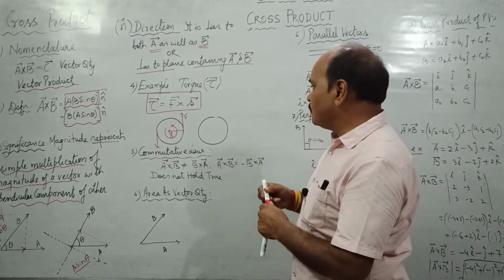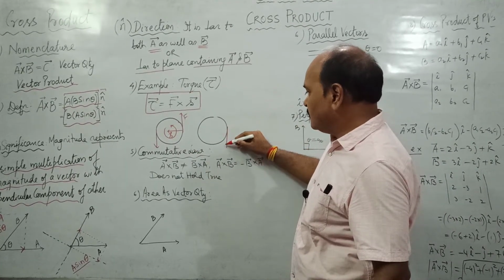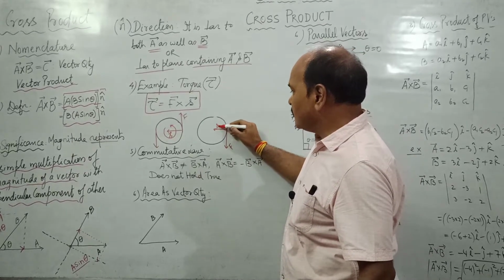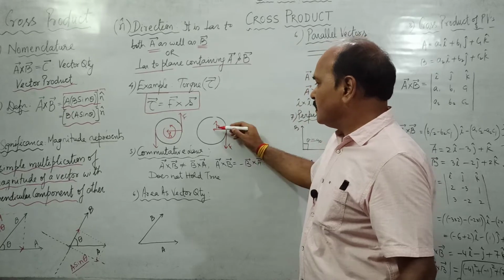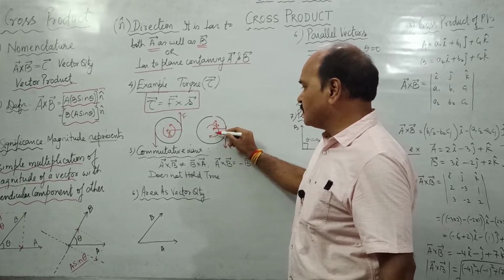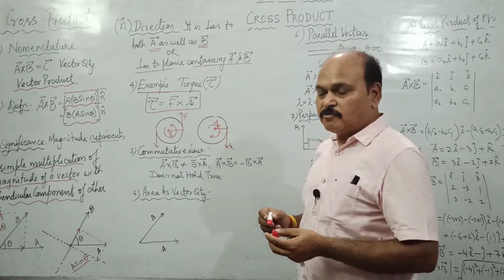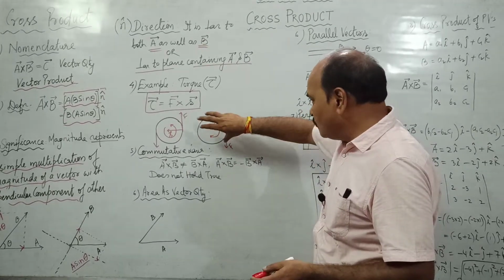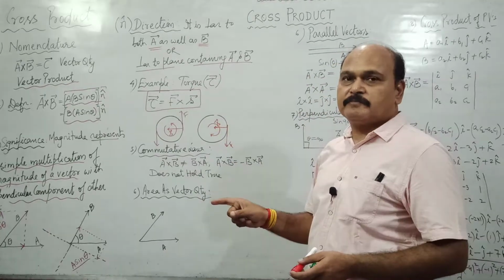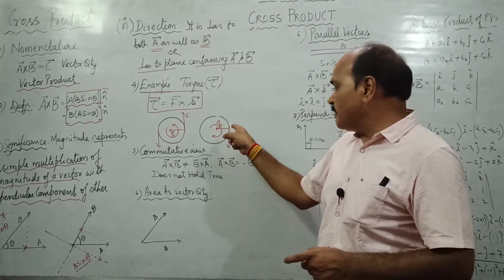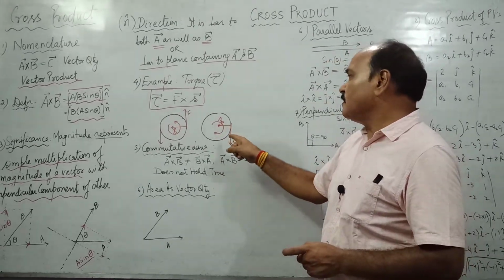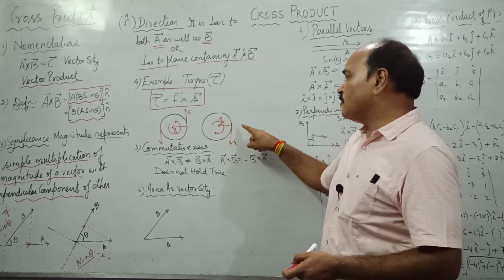Now if we apply a force in this direction, and this happens to be our S vector, and this is the F vector, in this situation the screw is going to rotate in the clockwise direction, and as it rotates in the clockwise direction, it moves inward. It moves perpendicular to the plane of the board, inside, and that inside is the direction of S cross F.